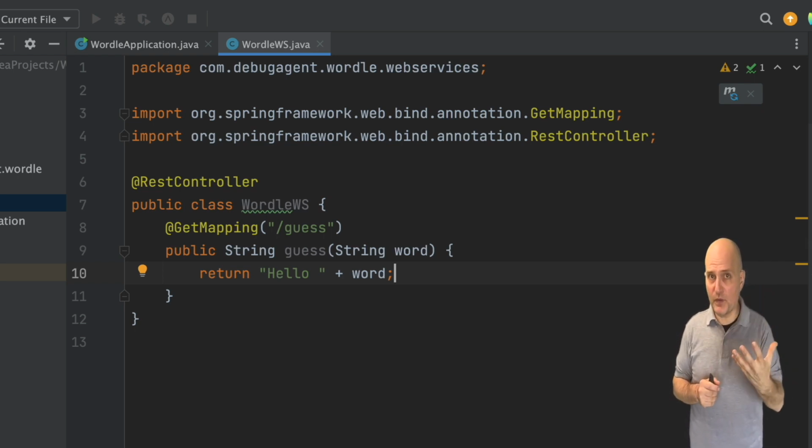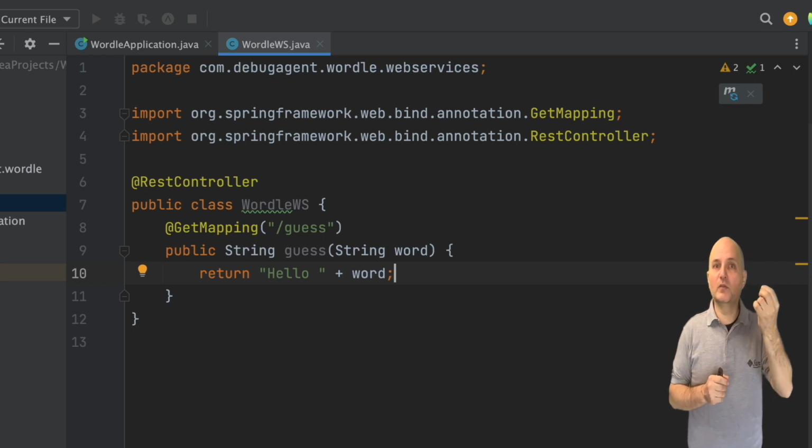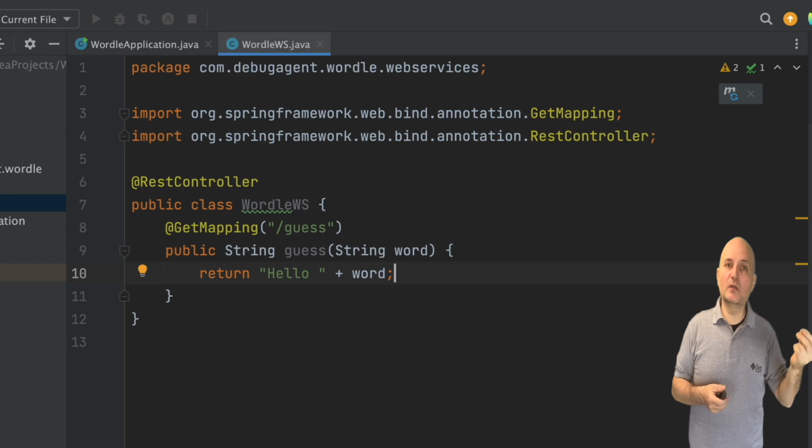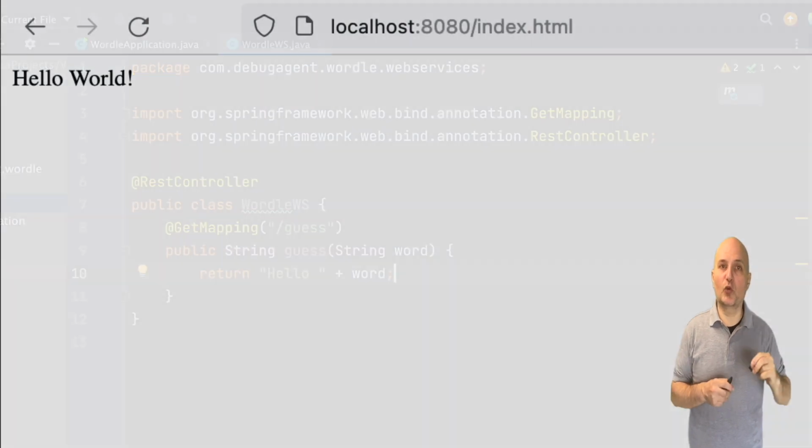HTTP has methods of its own, not to be confused with Java methods. The most basic method is get, and that's what your browser uses to fetch a page. Here we implement this get method, and we also accept an argument to that get, an argument named word. Let's rerun and go into the browser to see how this works.